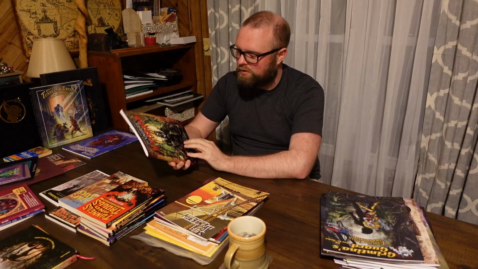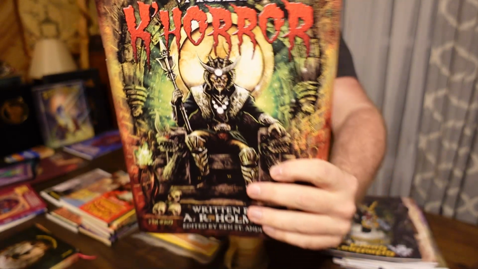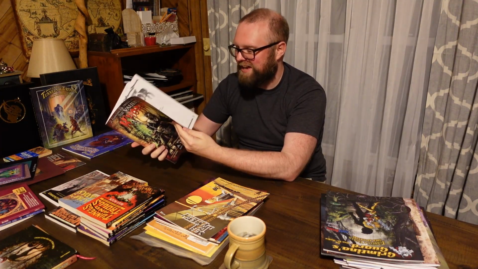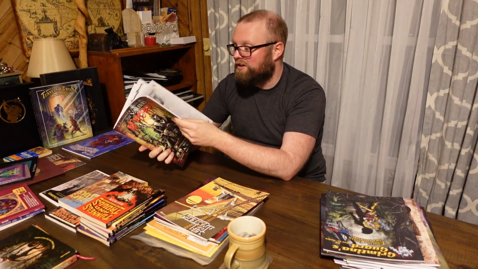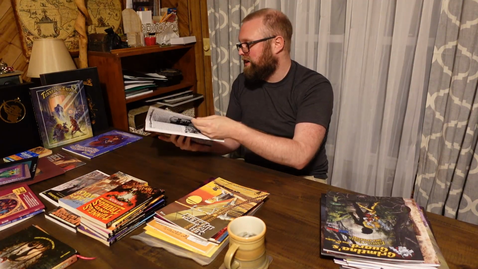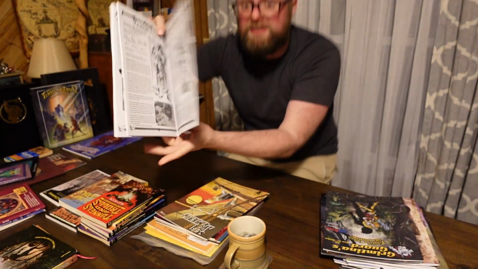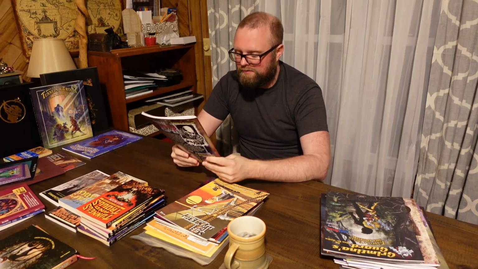Next up, The Vaults of Korra, or Kahara. This is a GM adventure, a very large one. And it's fantastic. It's dark, it's grim, and it's a lot of fun. And there's also a separate choose your own adventure style solo adventure included in the back, along with full profiles of characters and NPCs and monsters and stuff that are used in this adventure module,